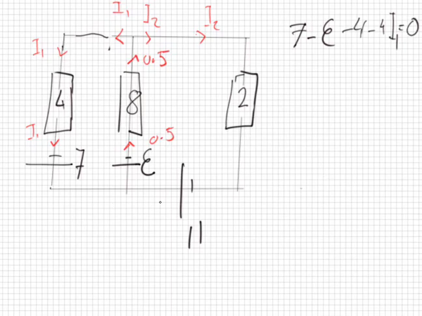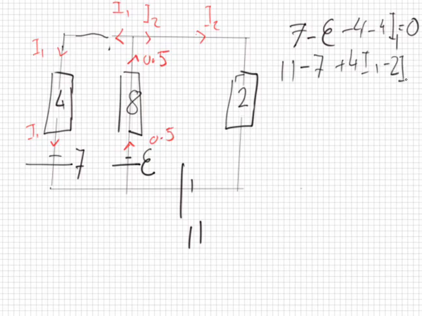Good, okay. Now let's do the next loop. Let's use this one here and go all the way around the outside. So we start off 11, and then what happens when it hits this battery? Lose 7. And then when it hits this one? Be careful, plus, because the current is going towards you, the opposite direction, see? Because we're going around this way. And then with this battery, plus or minus? Sorry, I'm going around the outside, haven't I? So back to here, minus